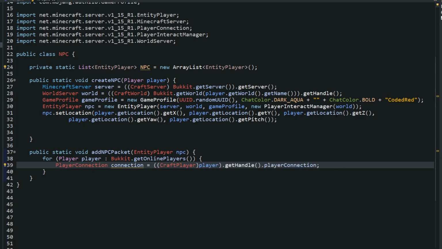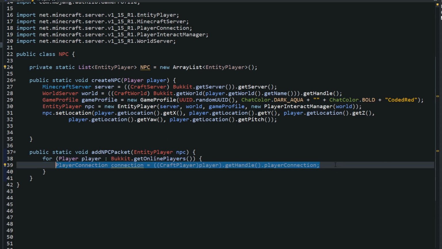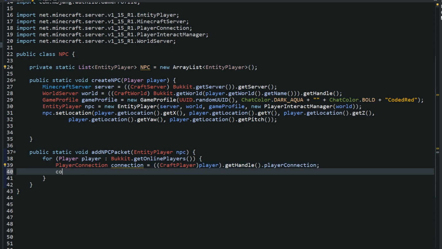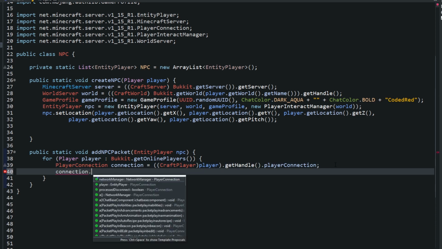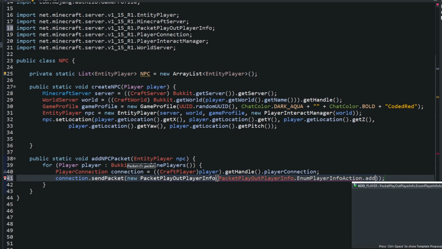So this right here is how the server and the player communicate. We're getting the packets in between. So we're getting that connection, and then we're going to send the packets. So connection.sendPacket(new PacketPlayOutPlayerInfo, and in here we put PacketPlayOutPlayerInfo.EnumPlayerInfoAction.ADD_PLAYER, and then we put that NPC.